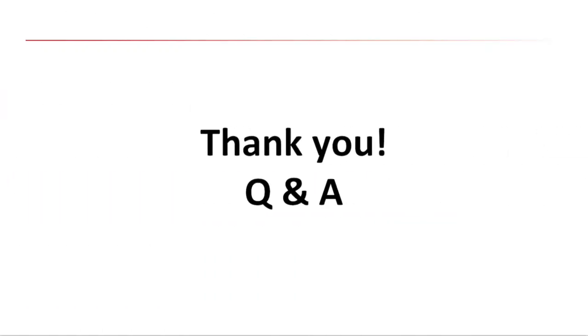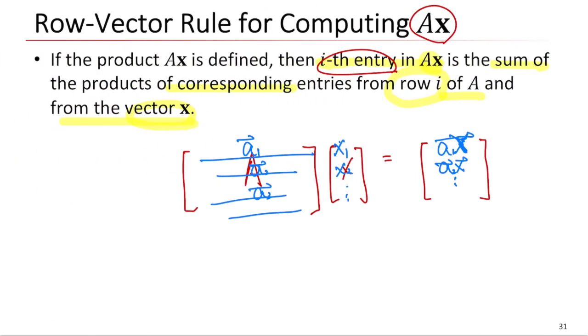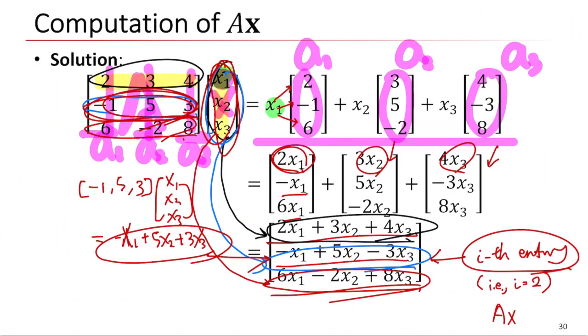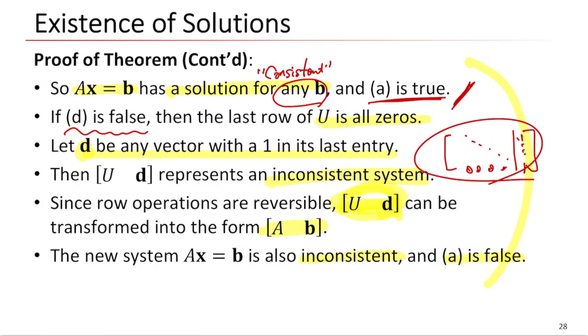Okay, so this is the end of the matrix and vector equation. What have we learned today? Compared to last week, we learned the Ax equals b representation. So from now on,